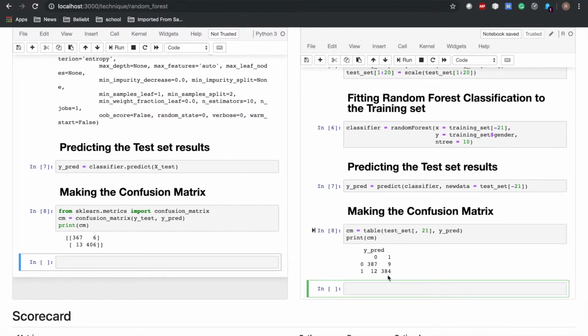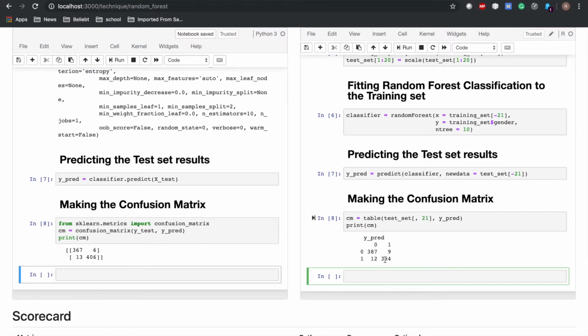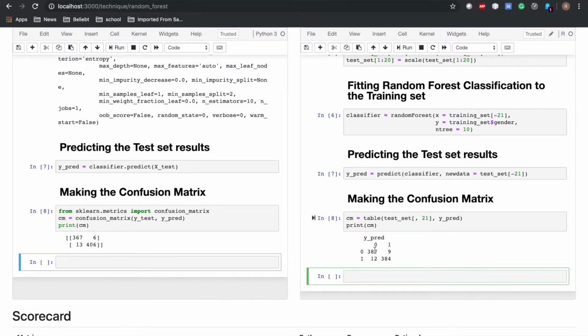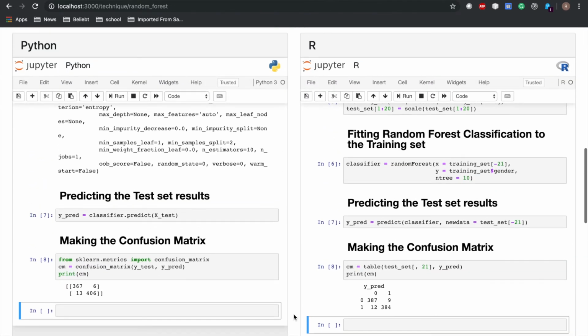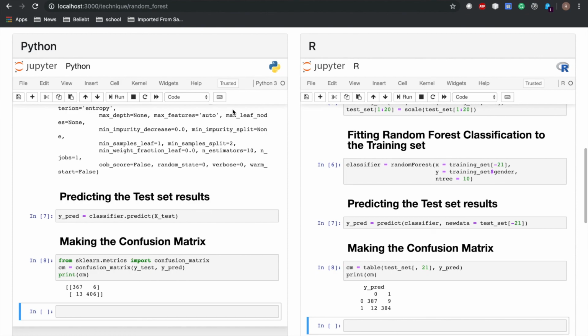As you can see here, we have 384 correct predictions as male and 387 correct predictions as female. With R, the accuracy is actually higher at 98%. Now you have seen the code from both Python and R. Now let's take a look at